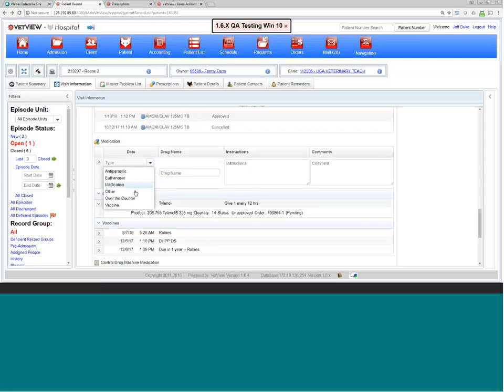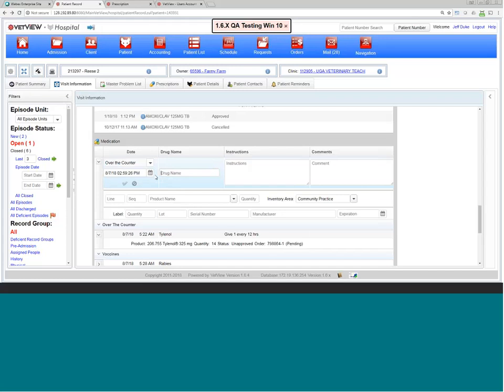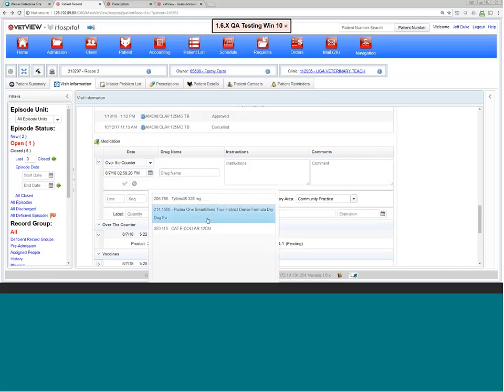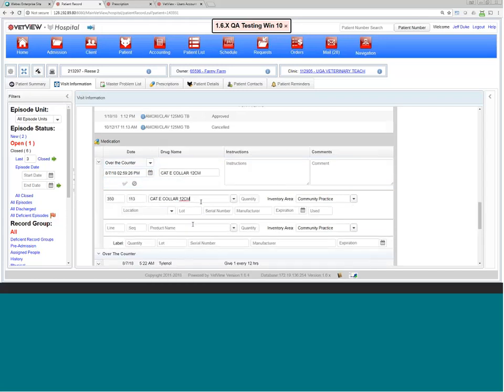So, over the counter. Like an e-collar or something like that. So if you just wanted to put a sticker on the e-collar, or you wanted to bill for the e-collar, you could. If you needed to record lot expiration, you could do that at the same time. But then some of the benefits is that it gives you a label that you can print out. So when I save that, quantity 1,